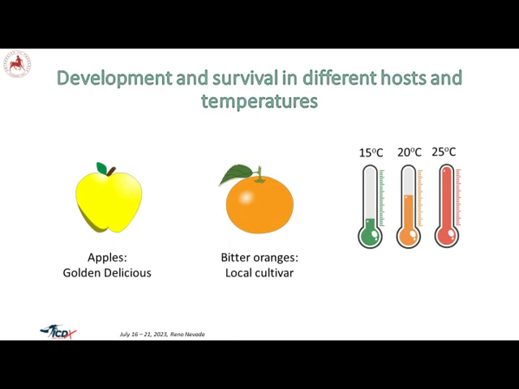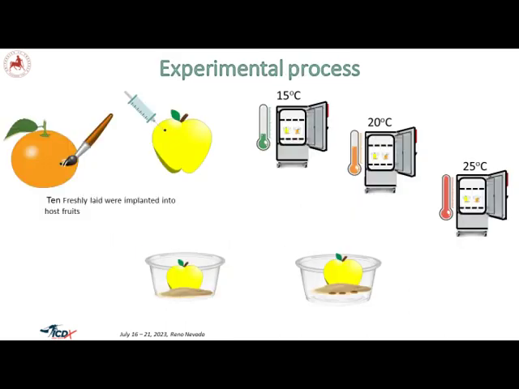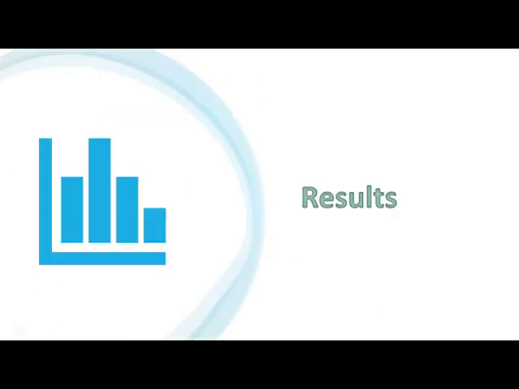So it sounds like a simple, straightforward experiment, but it's really laborious, considering the different populations and also working at lower temperatures, where the fruits do not respond very well. So what we did is to inject eggs, to place eggs in the flesh of the fruit, and then put these fruits in plastic trays over dry sand and take them to the incubators at the different temperatures. And we were recording the incubation every day until the last individual that managed to incubate.